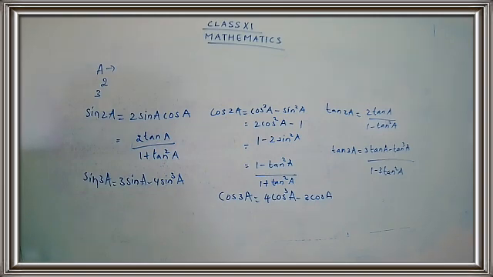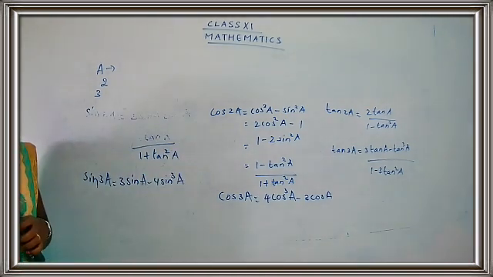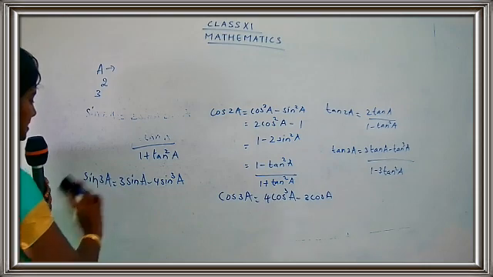and today we are going to learn some of the new identities. I already have told you that it is product to sum and sum to product identities. When you write down the identities, you will come to know what is the difference between sum to product and what is product to sum. I just want you to take down your classwork, children. Write down today's date and give the heading as product to sum and sum to product identities. You can refer to your page 118 for the formulas.